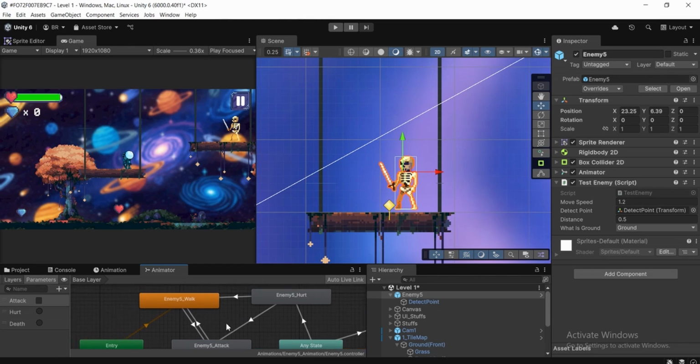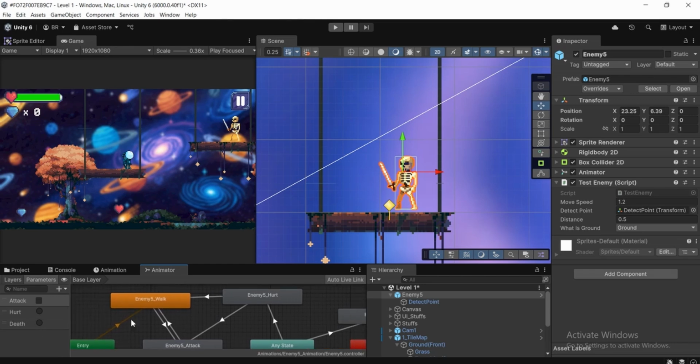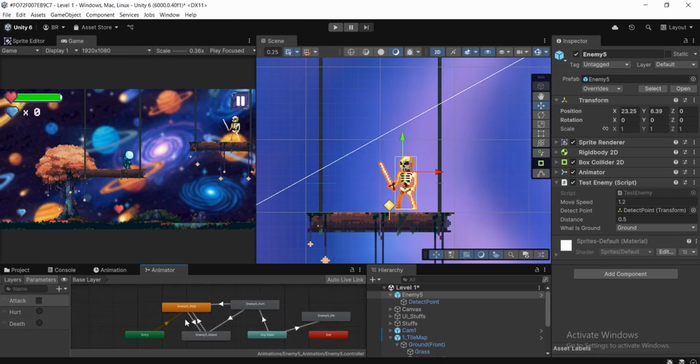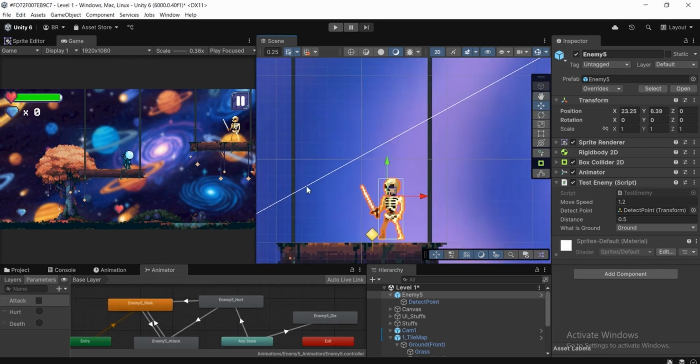As you can notice right over here, you can set it through your code, and I'm gonna have a video in the description on how you can set this parameter, this attack hard death, to true inside your code. I will have a video in the description, you can go and check that out. So I hope you get the idea of how you can